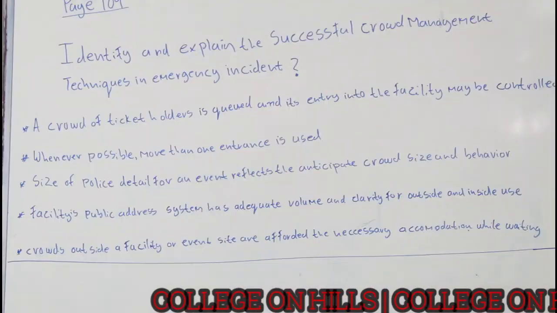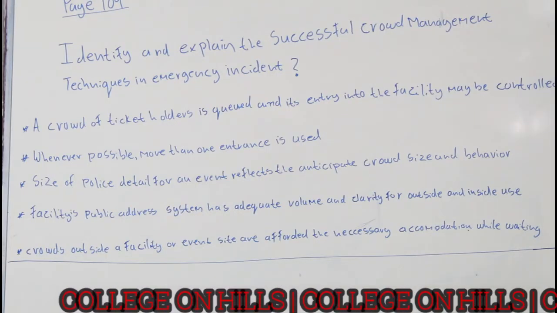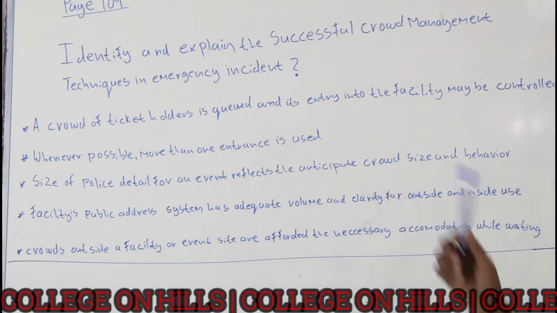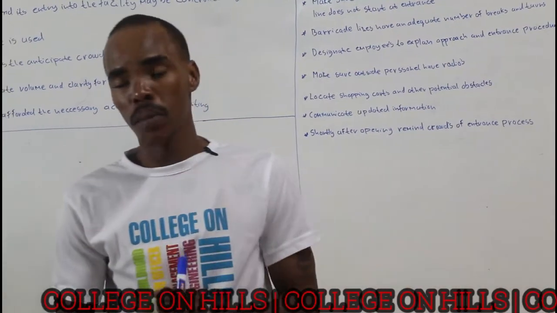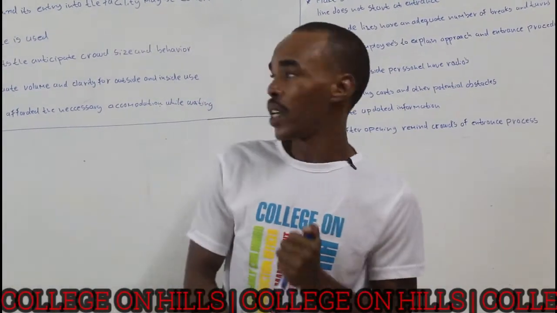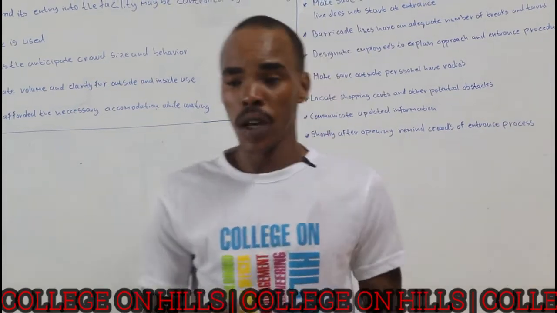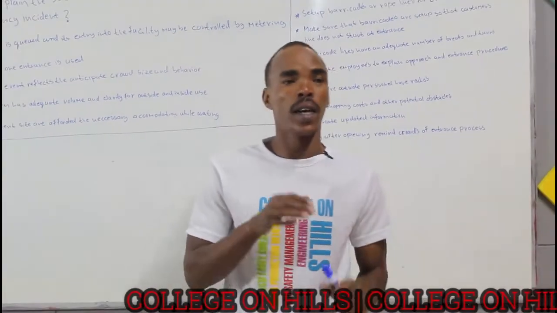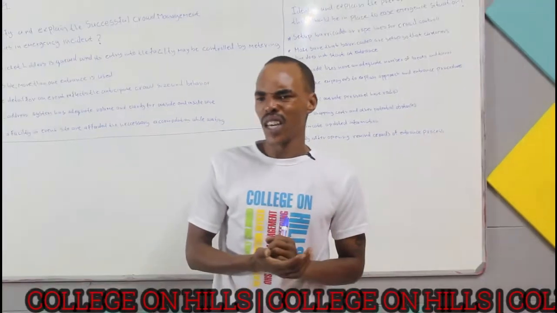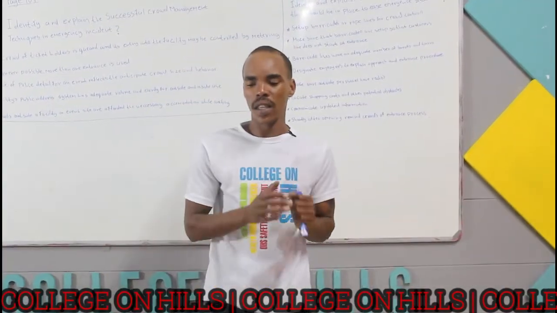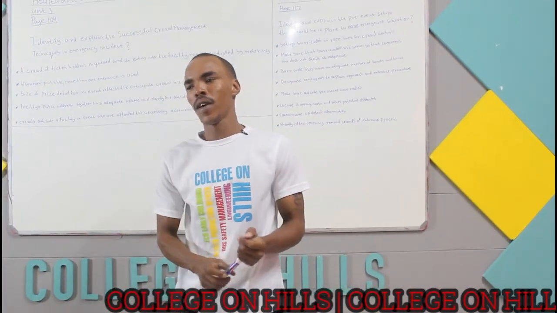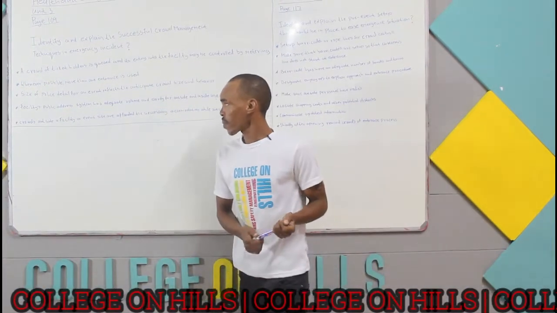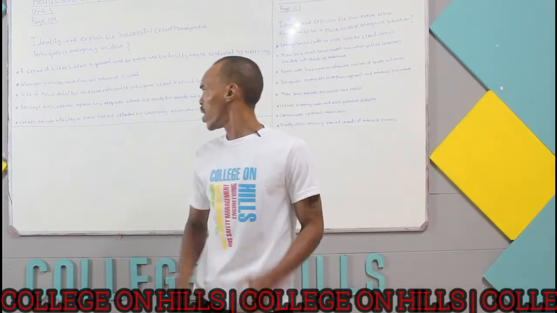The next point: size of police detail for an event reflects anticipated crowd size and behavior. The size of police presence at an event is very important because they anticipate the crowd. When a crowd sees a lot of police presence, there's likely nothing that is going to happen because they are contained by police presence. And the fourth point,